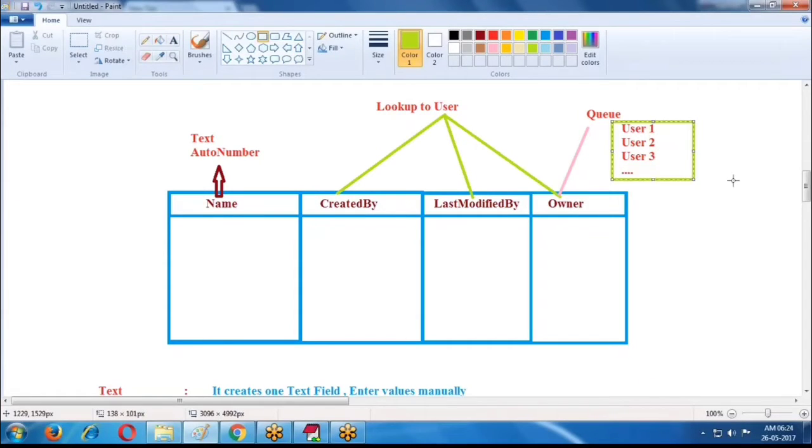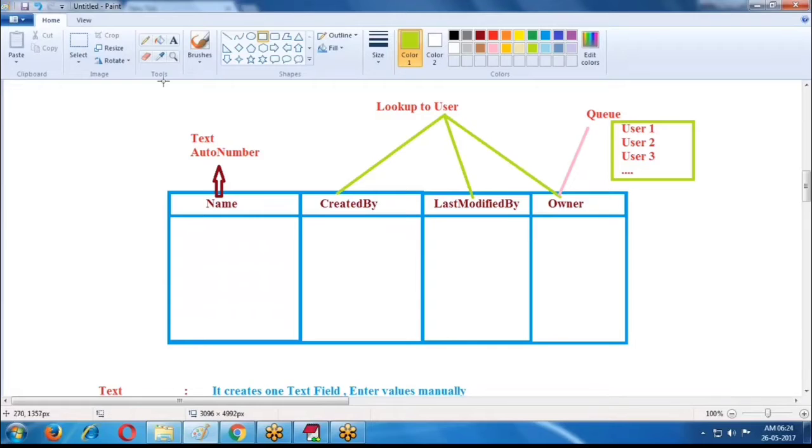That group is nothing but a queue. What is a queue? A queue is a group of multiple users. In that group of users, any user is the responsible person for that record. I will explain this queue concept practically at the time of case management. I will show you practically.